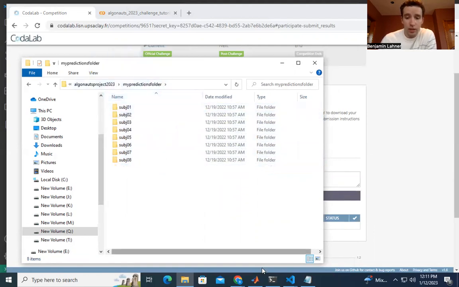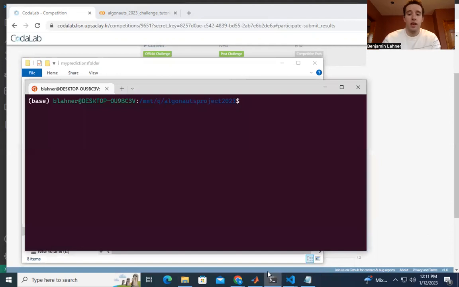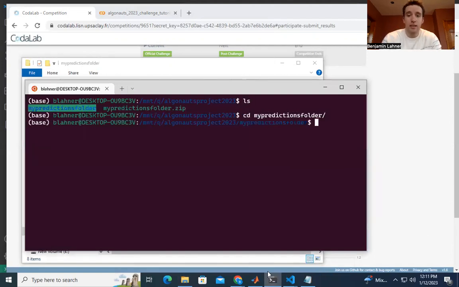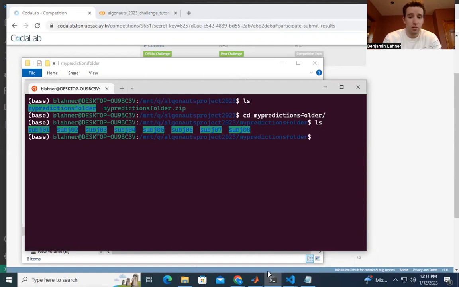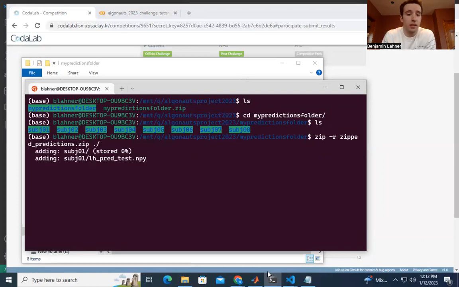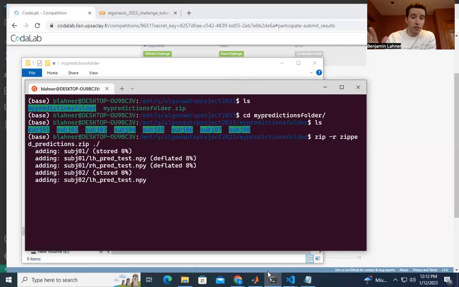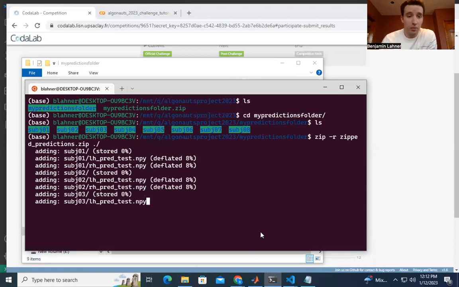Alternatively, you can go to the command line, and again, I'm going to cd inside the parent folder, so you can see all the 8 subjects, and then type the command zip -r, and then again, this next name doesn't matter, it can be anything you want, and then the / to zip everything inside. So these are 2 equivalent ways of doing the same thing to properly zip the folder.